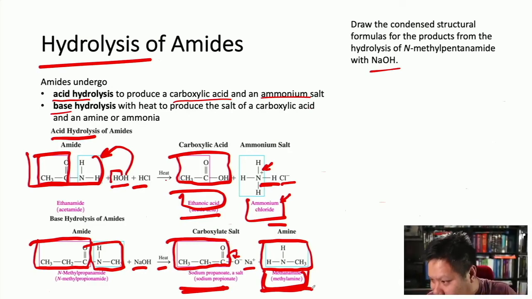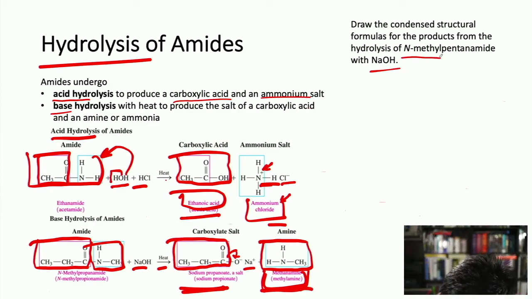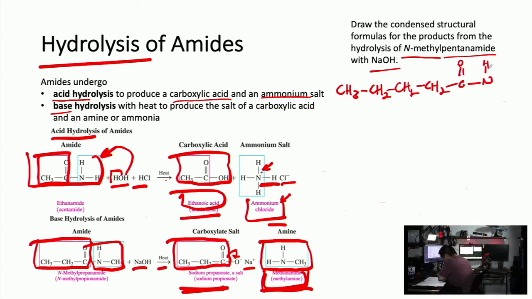So the first step in getting this right is to pay attention to what the name is. N-methyl, so there's a methyl on a nitrogen. Pentanamide, 5 carbons. Easy. CH3, CH2, CH2, CH2. How many is that so far? 4. Time for the carbonyl. Makes 5 carbons. And then the amide part, and then there was a methyl group attached to it. How do I know there was a methyl group attached to the amide part? Because of the N-methyl part right here. I'm going to add some sodium hydroxide,